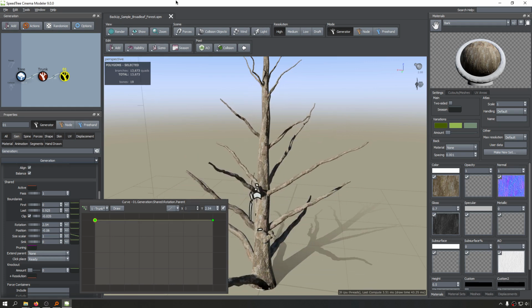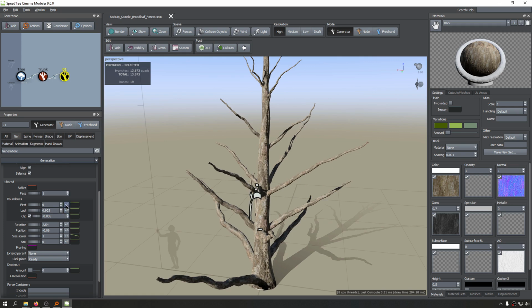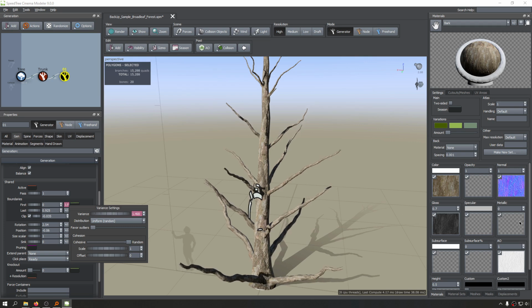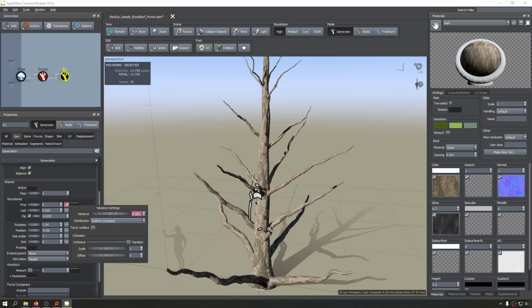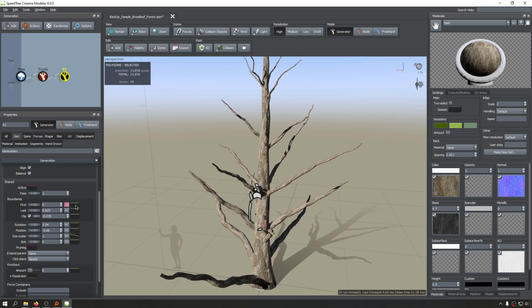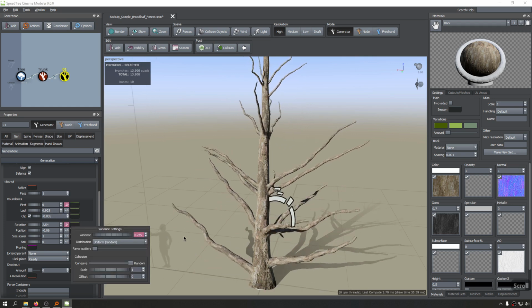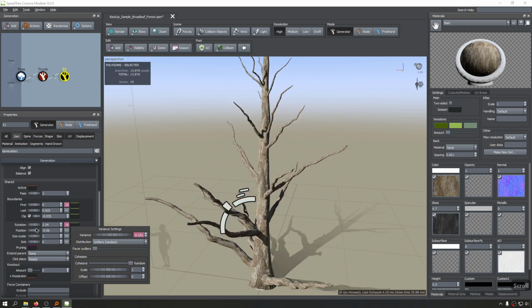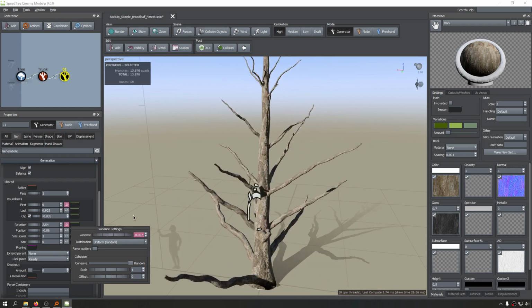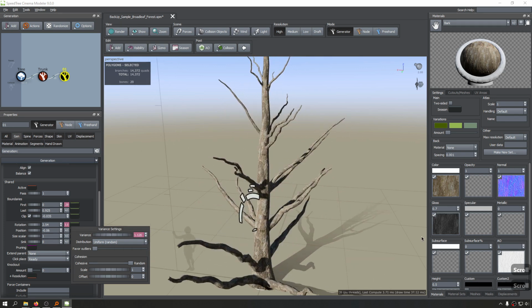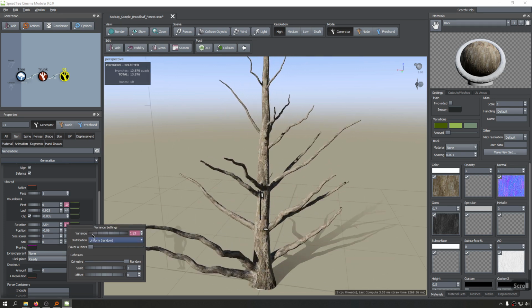Or if you want to have custom randomized value, you hit the variance and decide the variance value in here. Now I'm manipulating the size, I believe. Let's go for rotation. And now you see all of the values are getting randomly placed, no matter where they are placed on the tree. After this variance value that we add, there's a distribution algorithm, and you can use either to be uniform